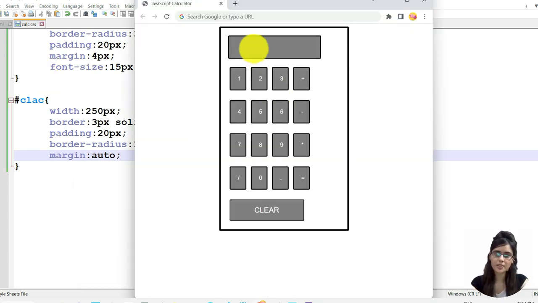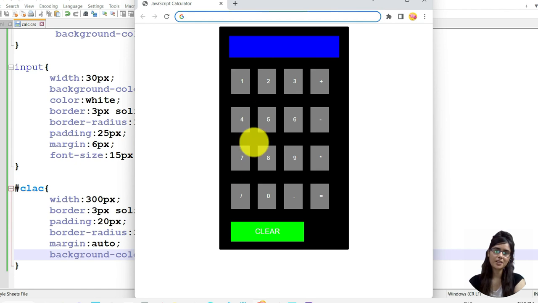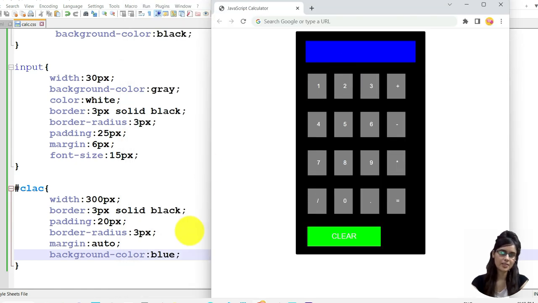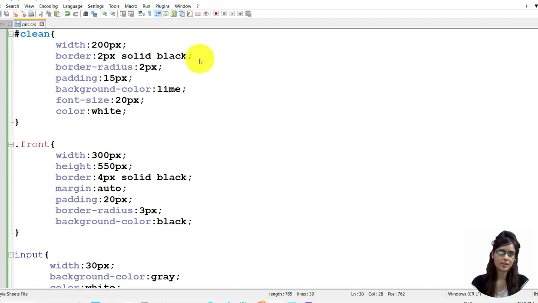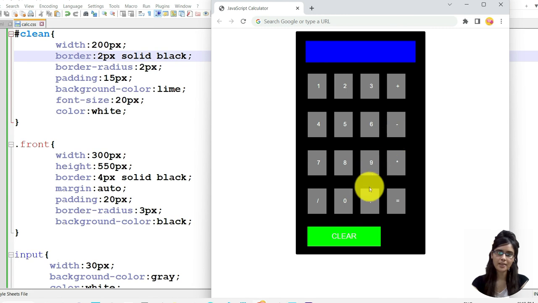Now you can see here we have the input calculator buttons. Let's style it a little bit more. Now you can see here I just changed the color to blue, and the background color is black. You can see here the background color is black, and for this clear button you can see the color is now white.